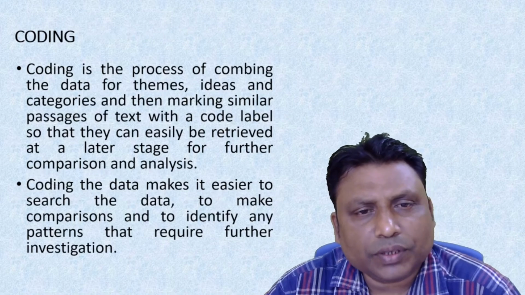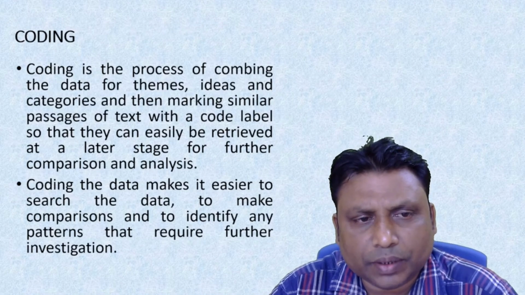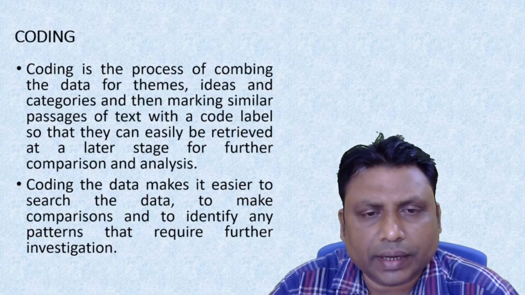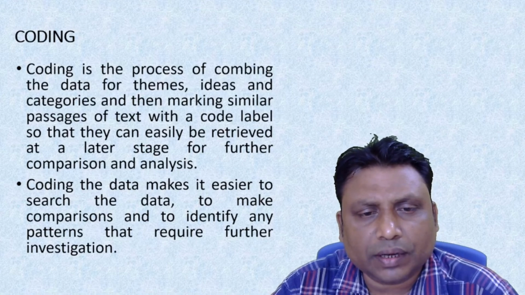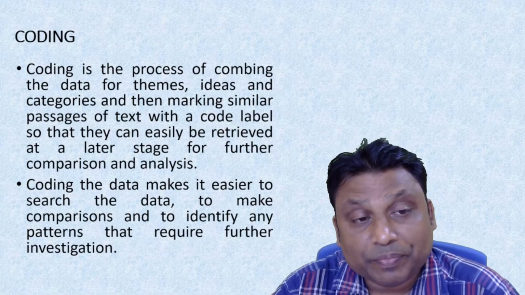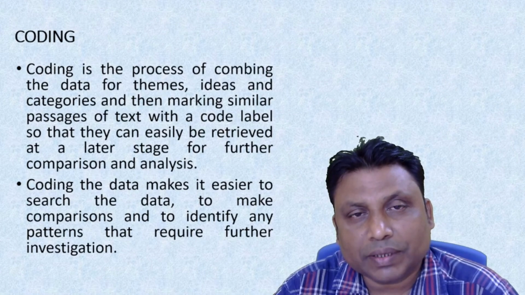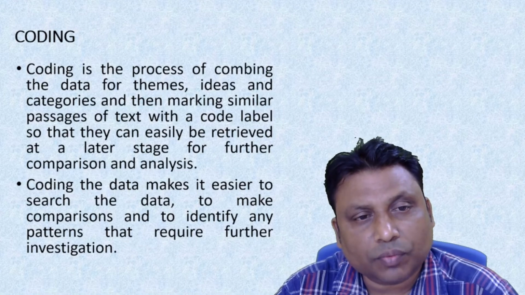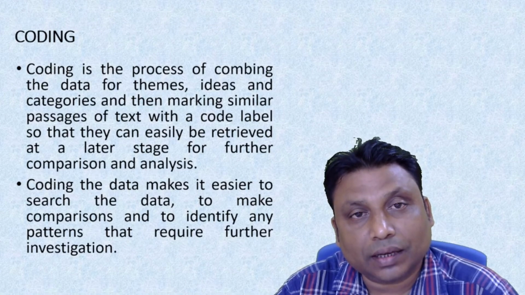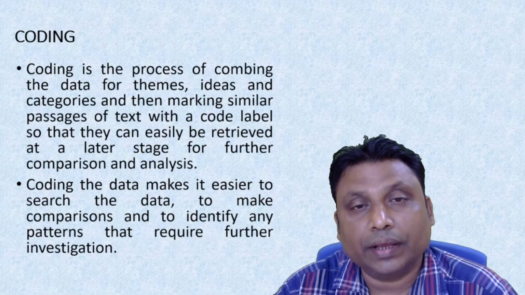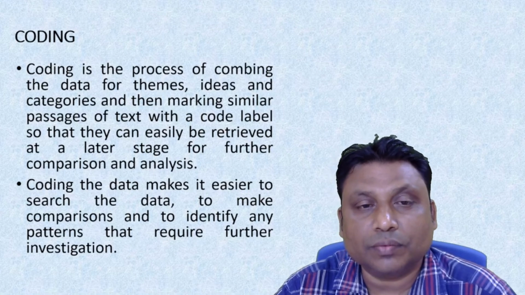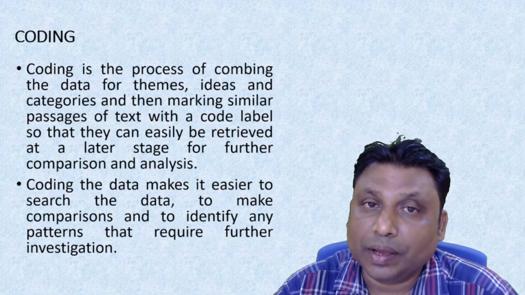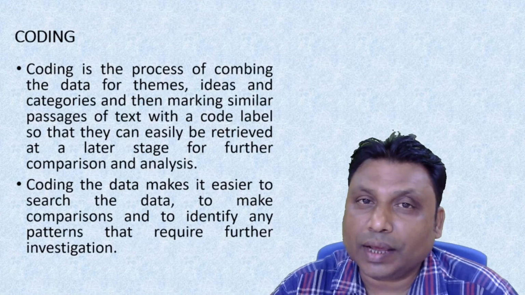Similarly, coding is a process of combining the data into themes, ideas, and categories, and then marking similar passages of text with a code label so that they can easily be retrieved at a later stage for further comparison and analysis. So here, when you are coding your data, for example age group 1, 2, 3, 4, 5, that is coding in your Excel sheet, and you have to note what is for 1, what is for 2, what is for 3, 4, and 5. Accordingly, when you go for the analysis,